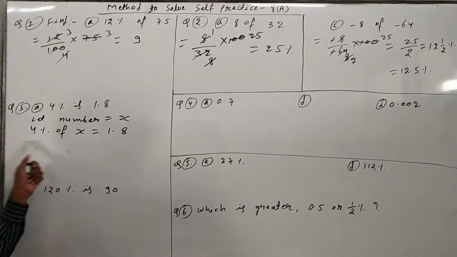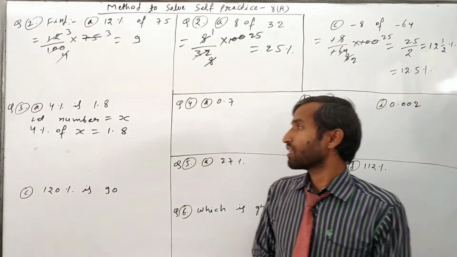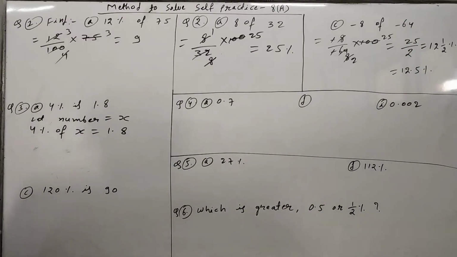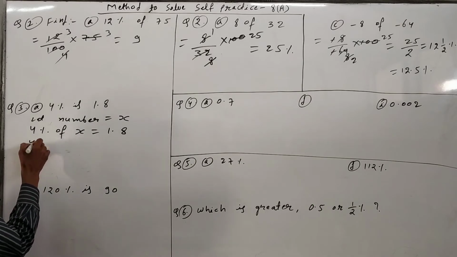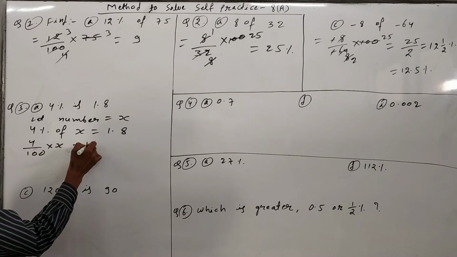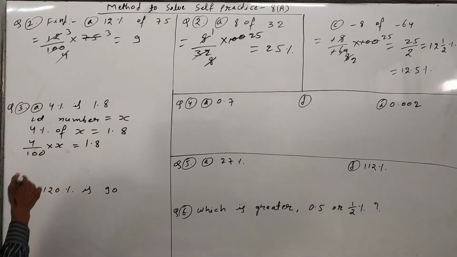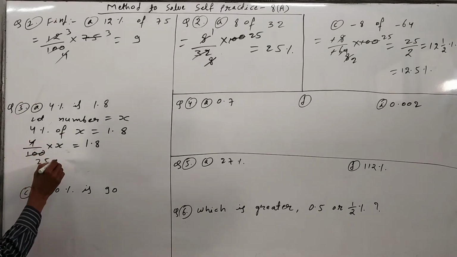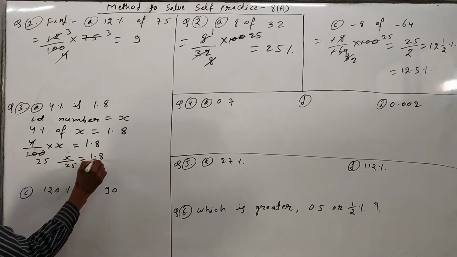So this is the same type of linear equation. We have to solve the linear equation and find the value of x, then we can get the number. So the same way we have been solving equations. Just remove the percentage, it will become 4 upon 100 of x, where of means multiply, is equal to 1.8. This one is the linear equation. Now you can cancel by the 4 table, 25 4s are 100. So x upon 25 is equal to 1.8 upon 1.